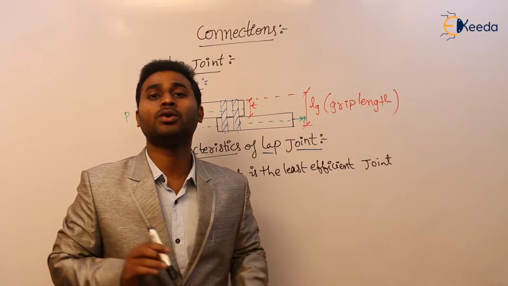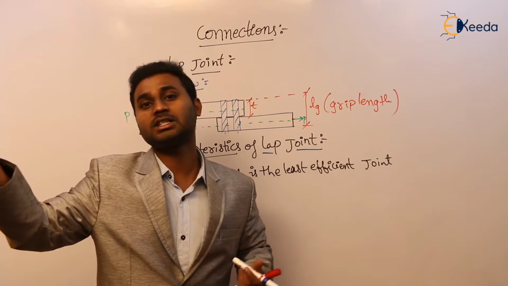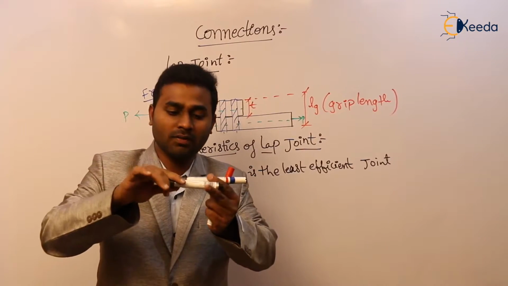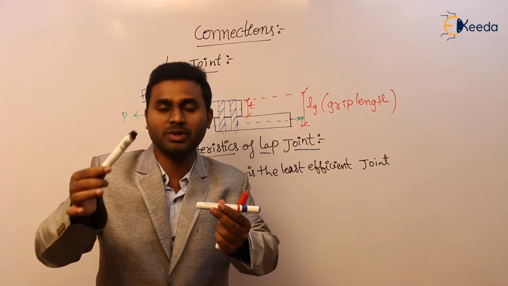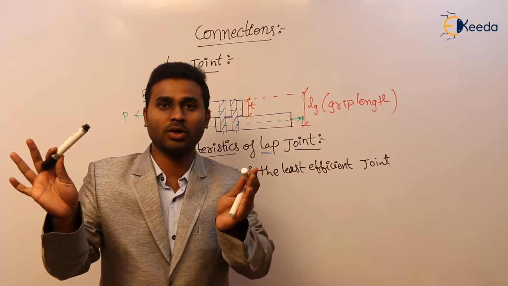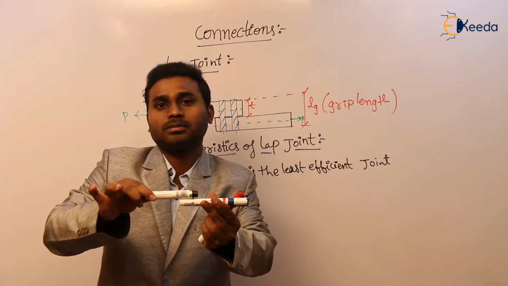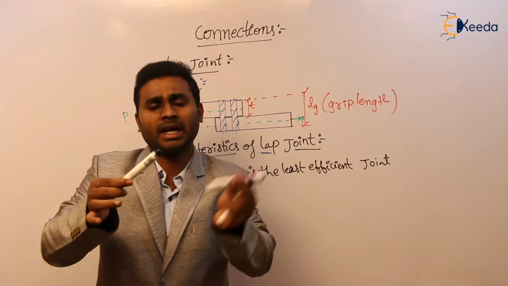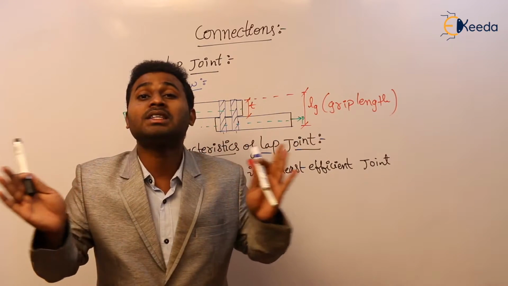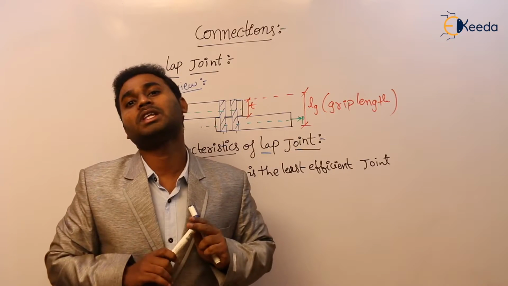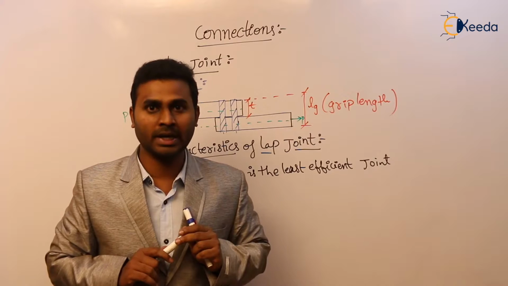So what are we going to do? We take two members of 6 meters, and make a connection overlapping for 1 meter. Of course, we are not going to provide that much overlap, but that is an assumption. So like this. Agree or not? Why are we making a connection in this case? For providing sufficient length so that the load can be taken by this member without failure.